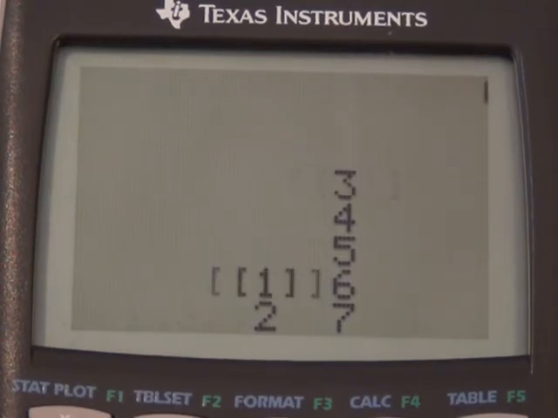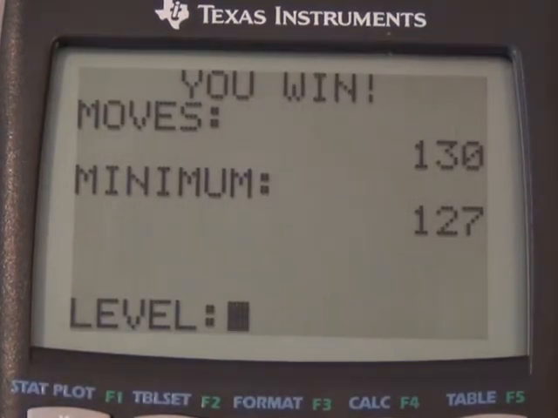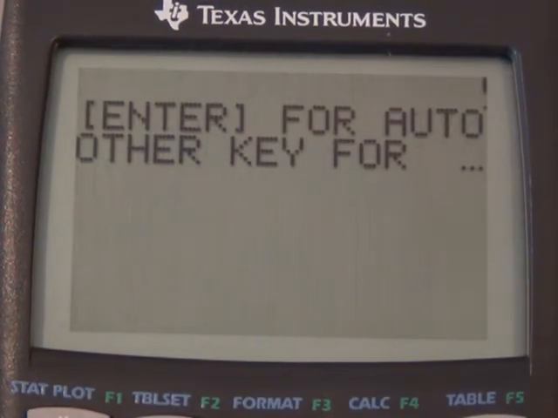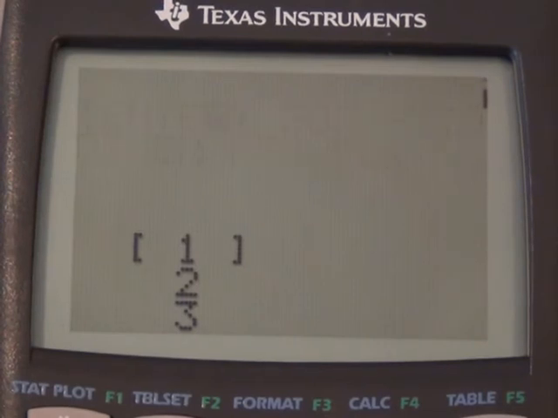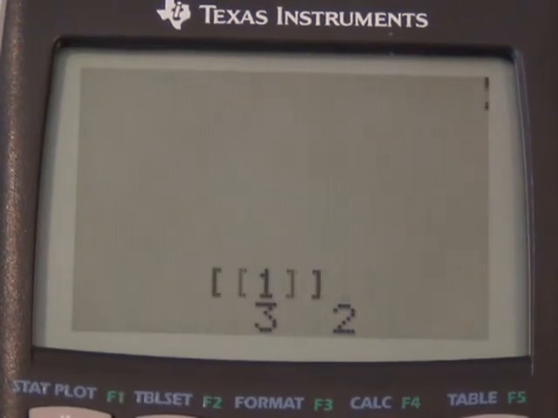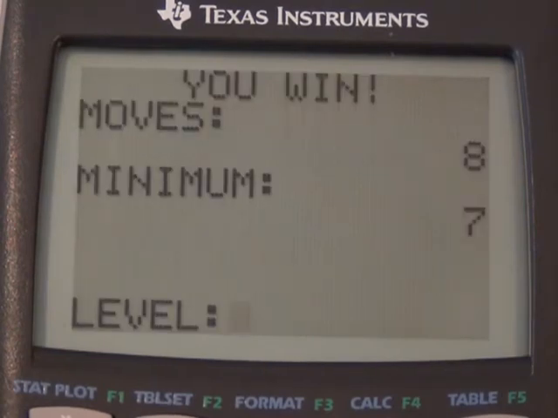So it's going to tell us our score, which is 130 out of 127. So the minimum number of moves would have been 3 moves less than what I did. And then it asks you if you want to play again. So if you want to just play with 3, that's easy. This, I think, is an in-between screen. I might show you what that is. Oops. Oh. I could have done it in much less. Oh, one less move. Anyway,